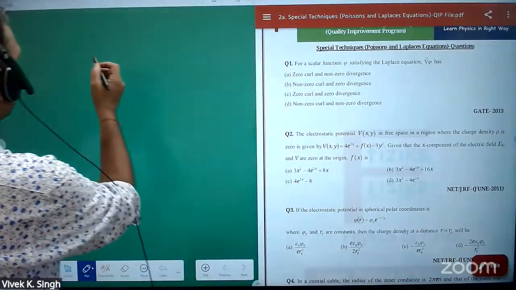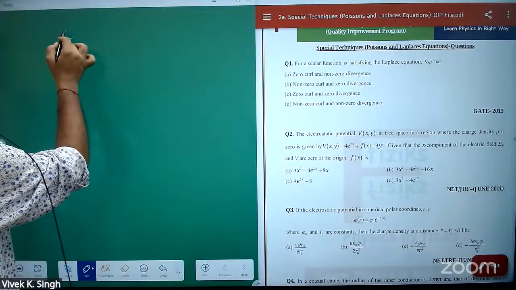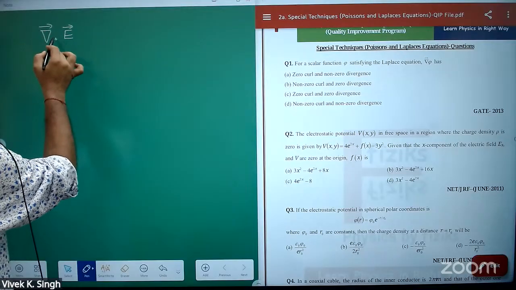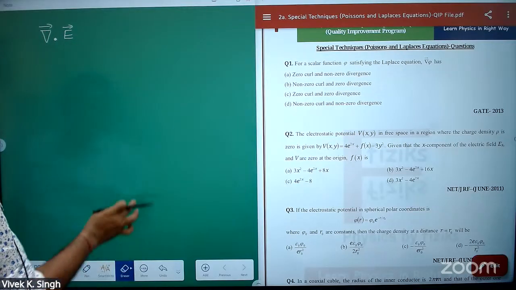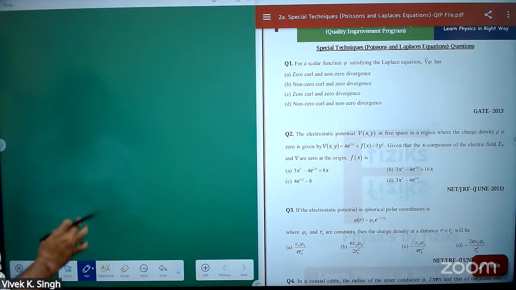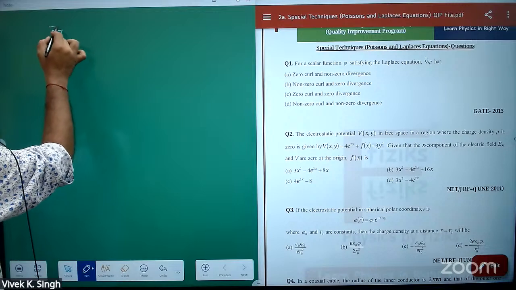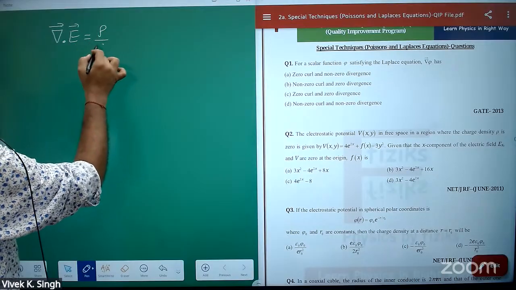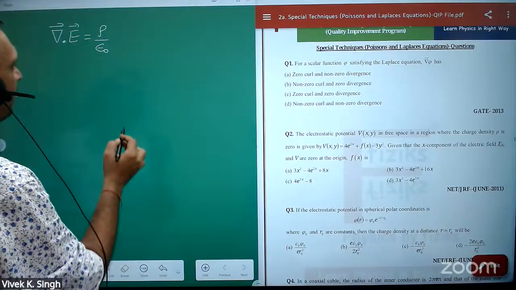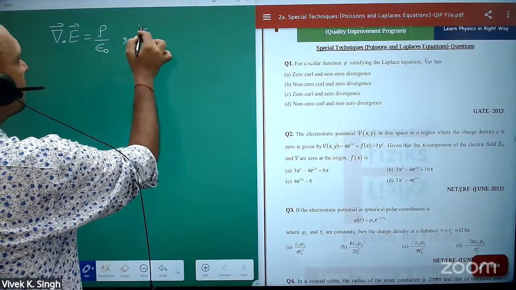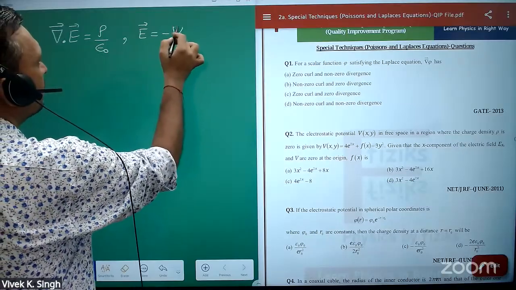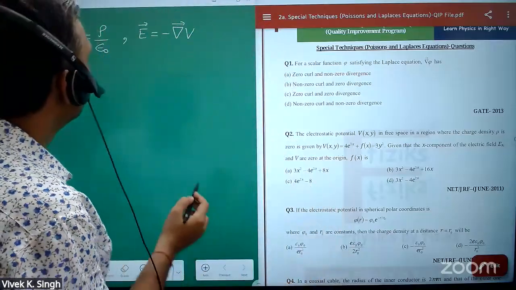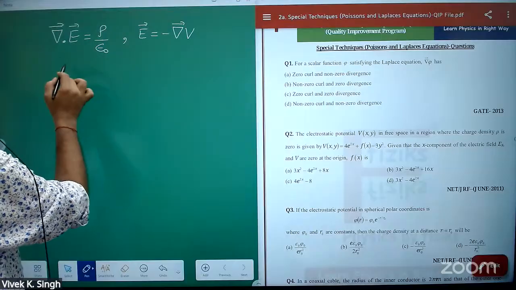So as you know, what is the divergence of E? Divergence of E is rho by epsilon. This is Gauss law, the differential form of Gauss law. And you also know E is equal to minus gradient V. If potential is given, how to find the electric field? And if you substitute E here, then you will get,